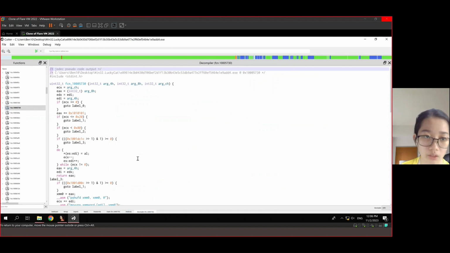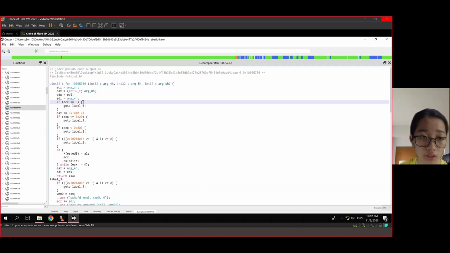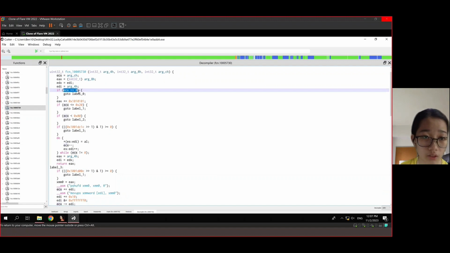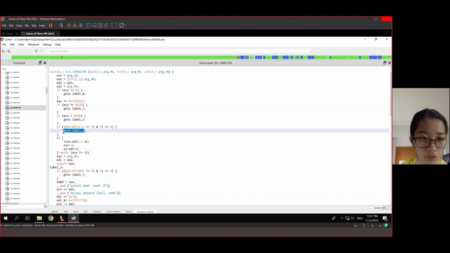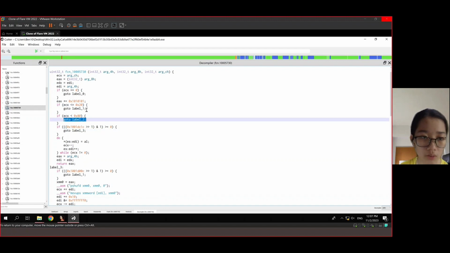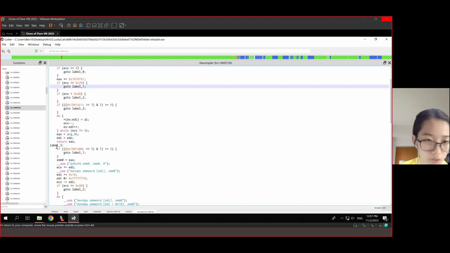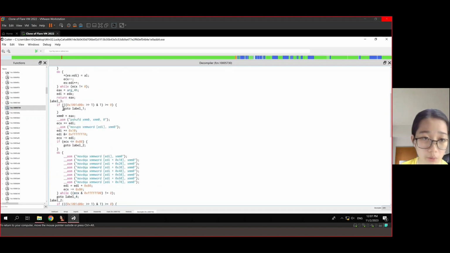So we'll use the decompiler to make it so that the code is translated into high-level programming language code. You can see here that the if is asking for several conditions, like whether ECX is equal to 0, or whether ECX is less than or equal to a hex number. This goes on, and it does a few redirections to other labels within the code. If you scroll down, there are more labels that we've seen, like label 3, where you reference another